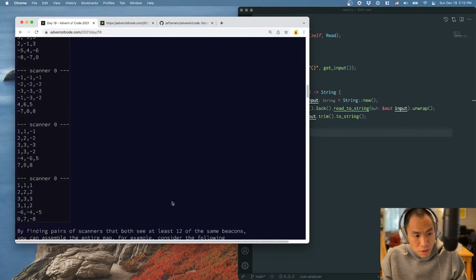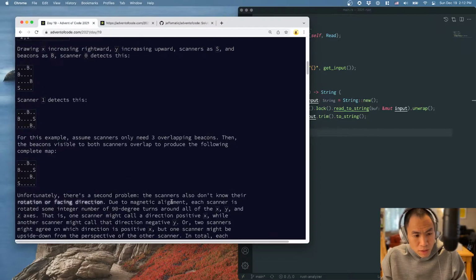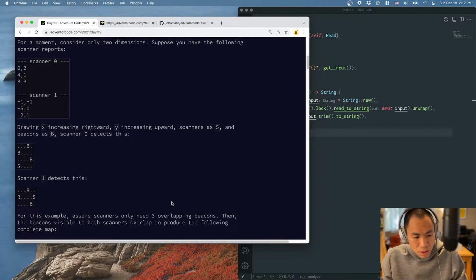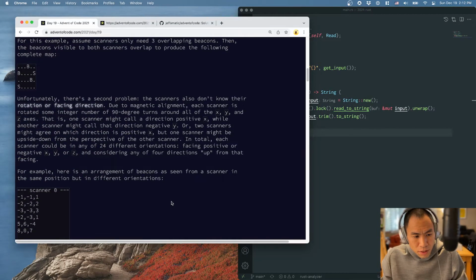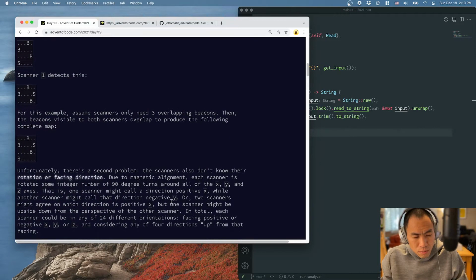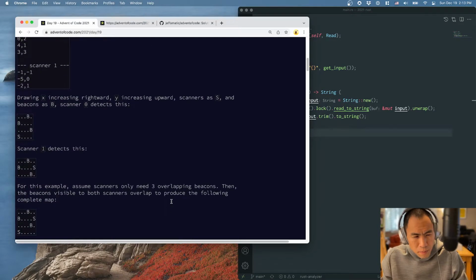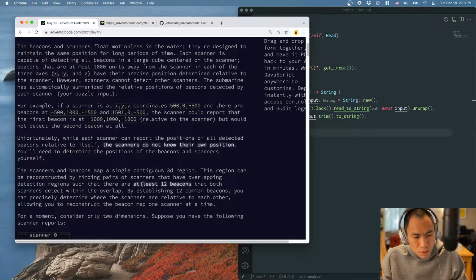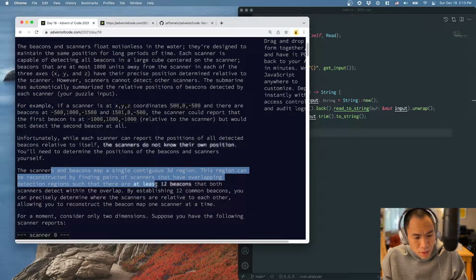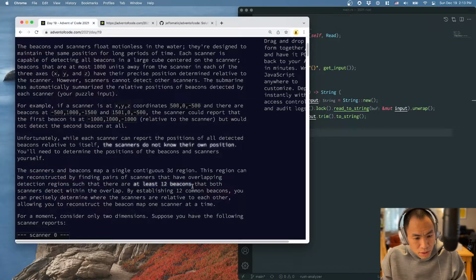So what I'm trying to figure out is whether this number 12 is the number you have to know in order to figure out the relative position of two scanners, or if it is more that the region can be reconstructed by finding pairs of scanners that have overlapping detection regions such that there are at least 12 beacons that both scanners detect within the overlap. By establishing 12 common beacons, you can precisely... So they're trying to say that, like,